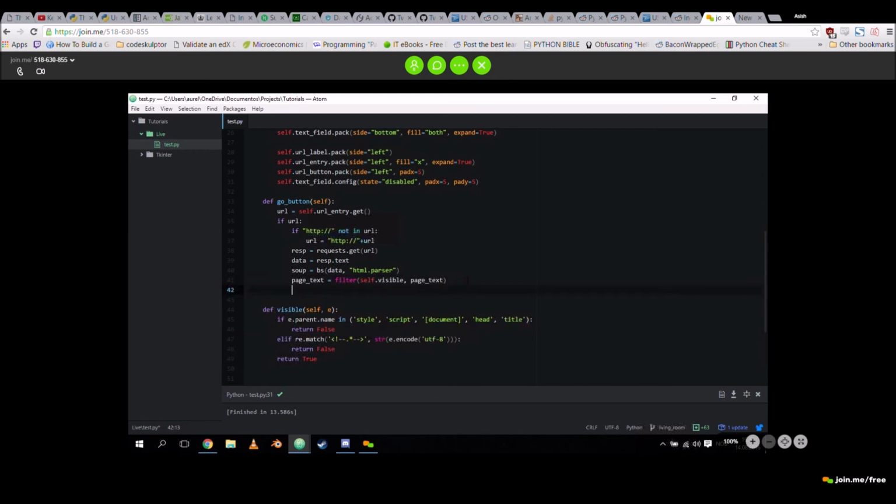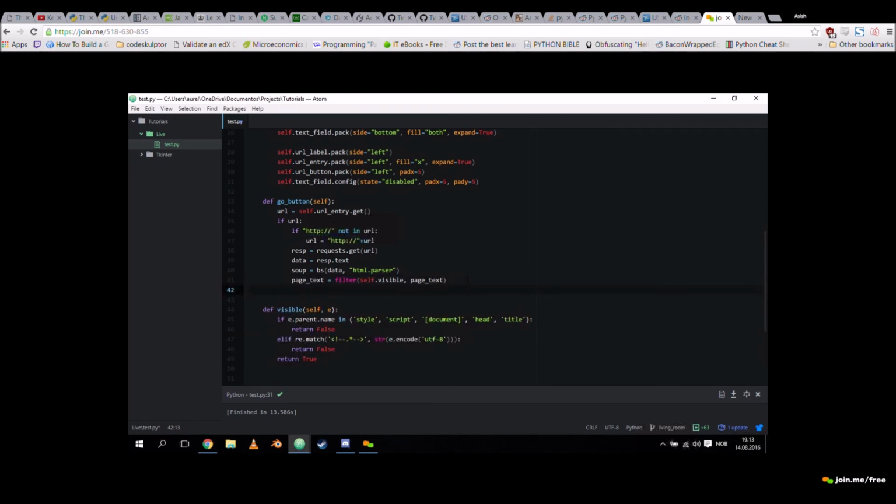Almost done. Now we have our page text and we want the page text to be a string. So we're going to use join. We remake our page text into a string that is joined by the elements of page text, which I'm not sure I have to make a list, but I think I can try.